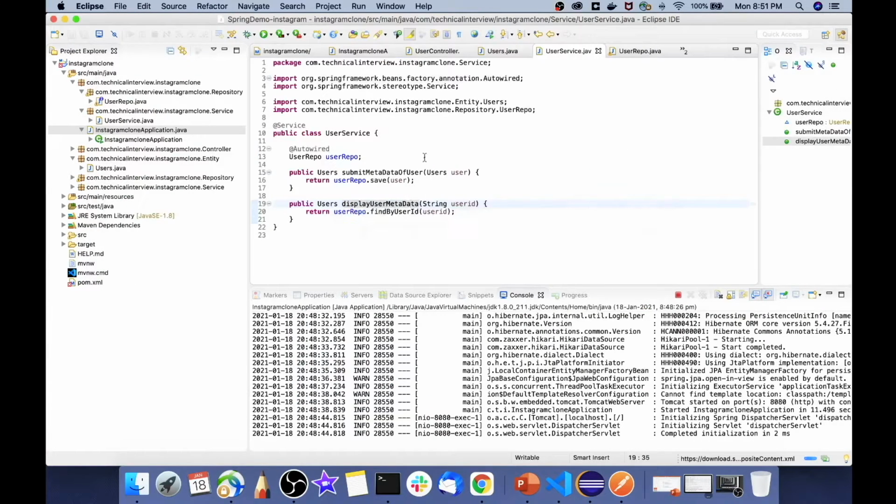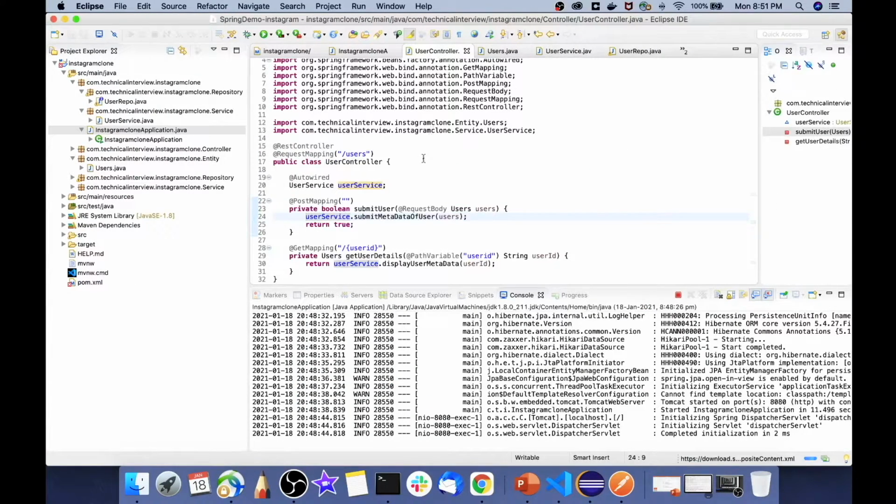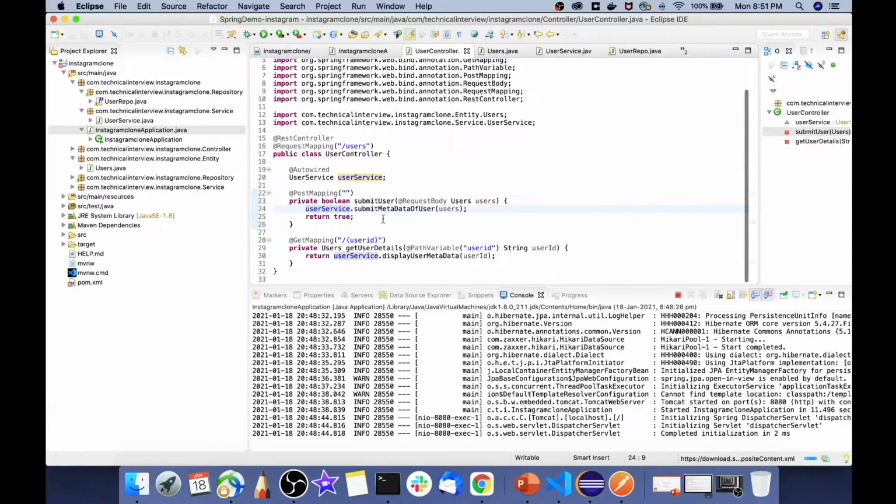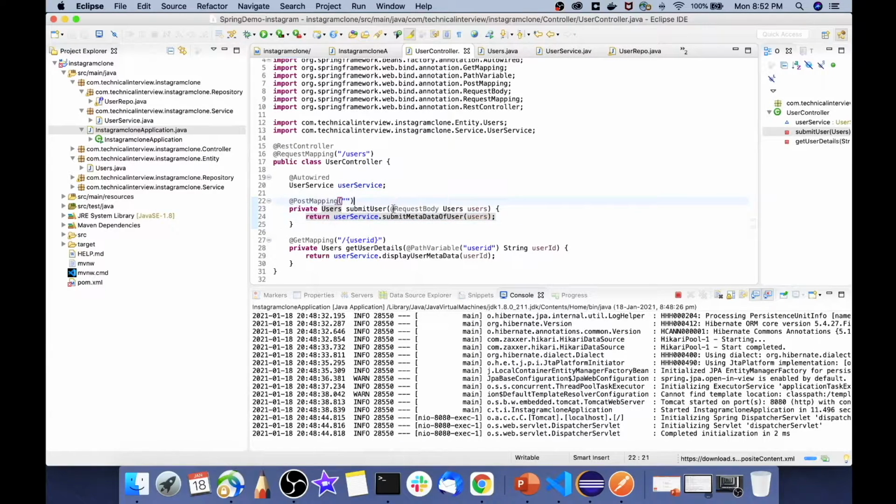So over here what I will be doing is I will be going to the controller, and instead of returning a hard-coded string as true, I will be returning the user from here. So I will return the user, which means that if I submit any metadata of the user, once this gets saved, I will also get back the corresponding user detail as our response. So I think we are almost done with our user service. Let's now rerun this code so that everything should work end to end.